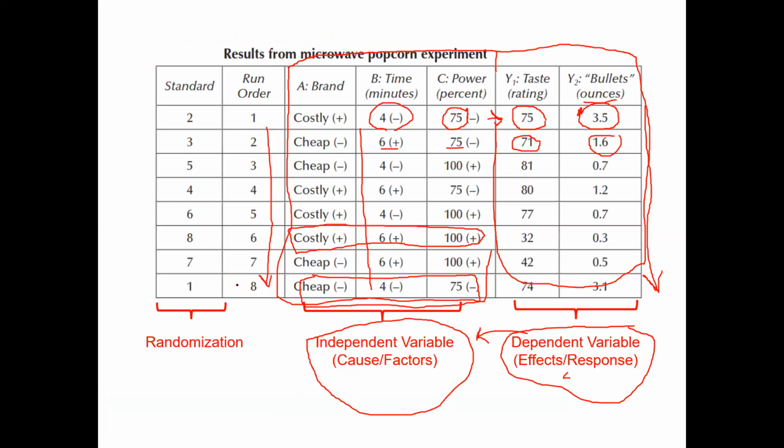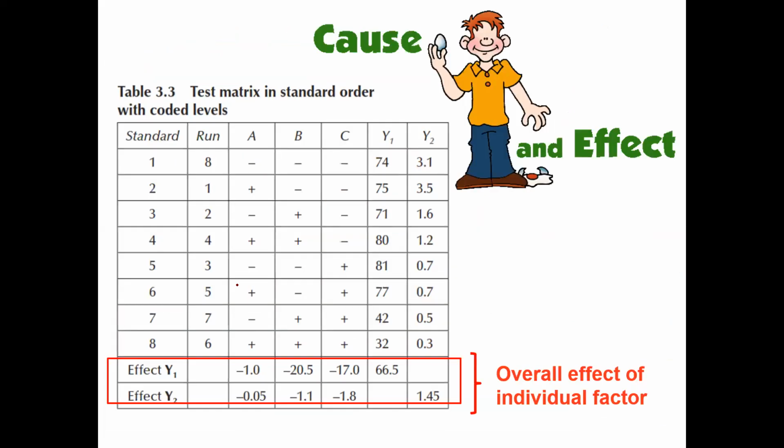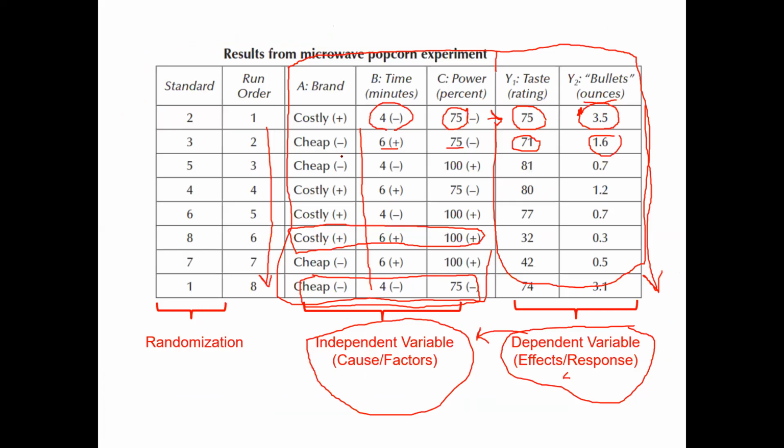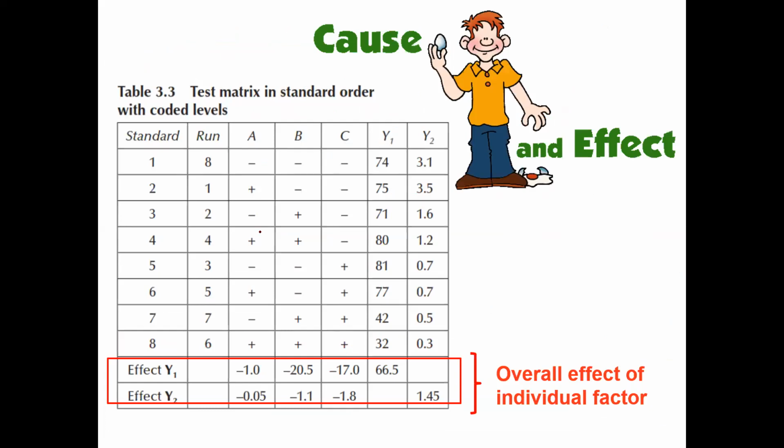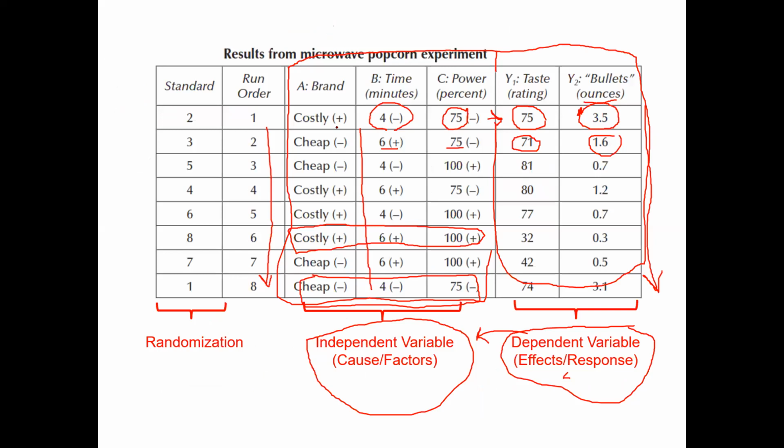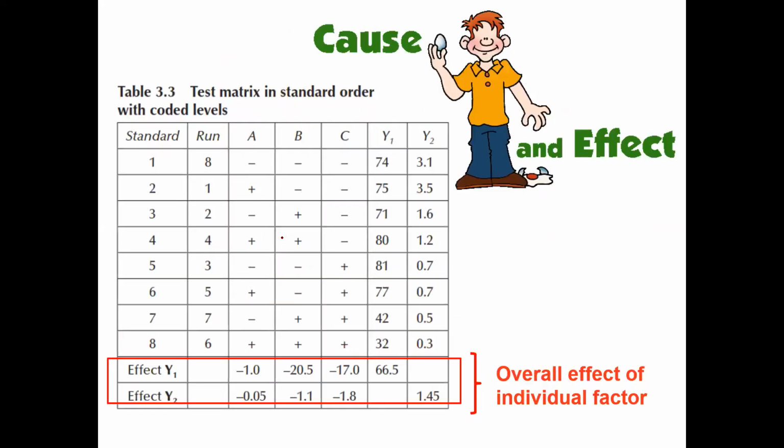So if we could see here, this is nothing but the table we have written in coded values. These are just the coded values. I didn't write the actual values here, to explain what is the sum of plus and minus. Now we are calculating the overall effect of A on response y1. I want to see overall, is it a positive effect or a negative effect, and if it is positive, what is the extent of the effect?